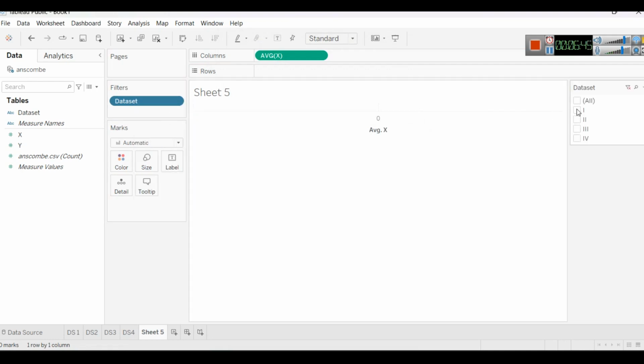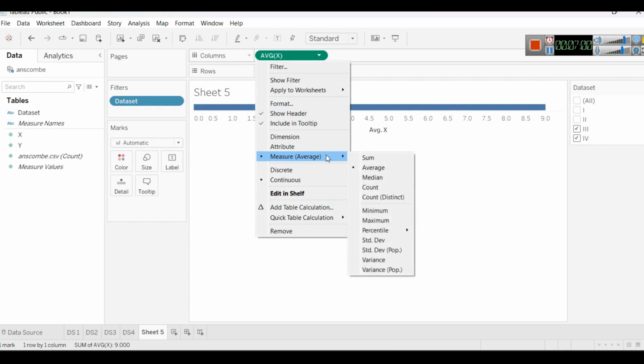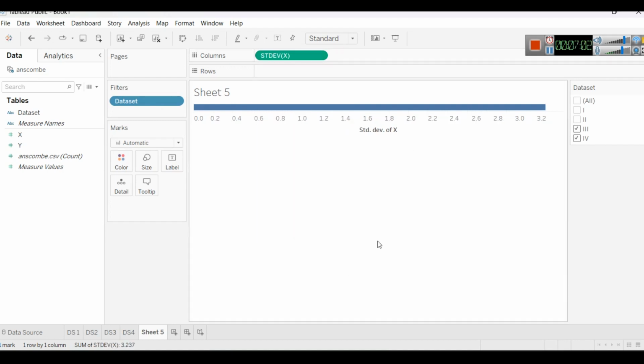If I select filter number 1, mean is 9, filter number 2, mean is 9, 3, mean is 9. If I select 3 and 4, mean is 9. So this is what it is showing, right? You can also choose a different measure. For example, you can select standard deviation. So it is 3.3,